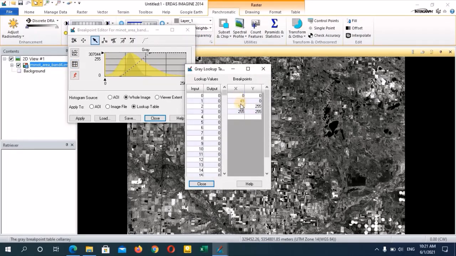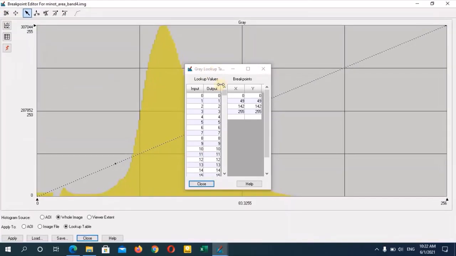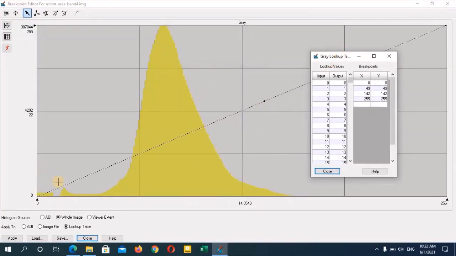Let's change and see. So I'm going to put here the Y value same as the X value, 49, and here again 142. Then now you will be able to see that both the original histogram as well as the stretch histogram are now equal. And then just close this one,